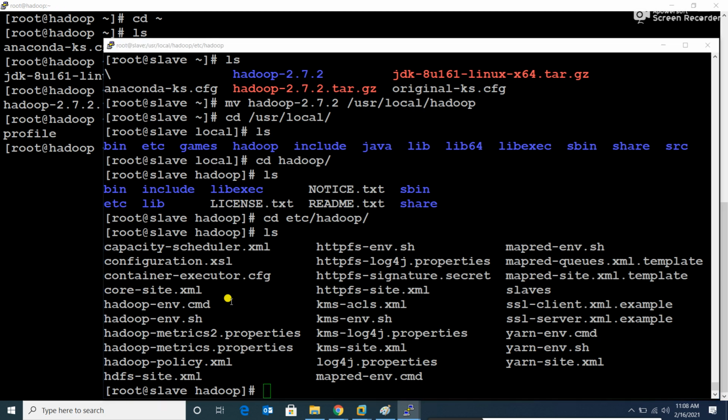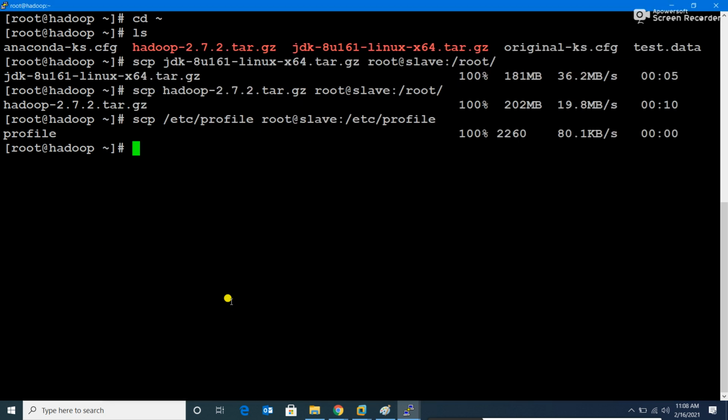So what I will do, I'll transfer them from here directly. So scp /usr/local/hadoop/etc/hadoop/*.* to root@slave:/usr/local/hadoop/etc/hadoop. What I did?